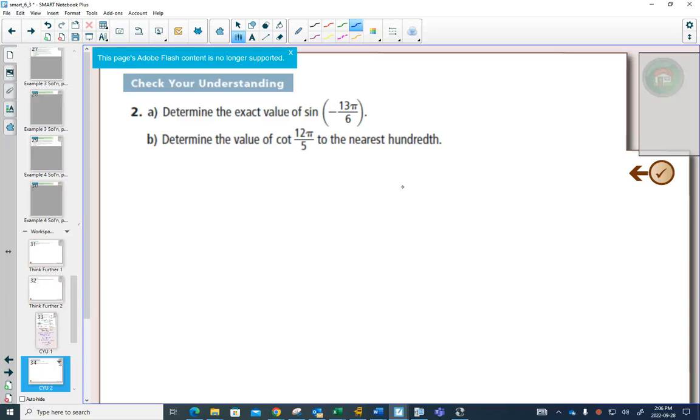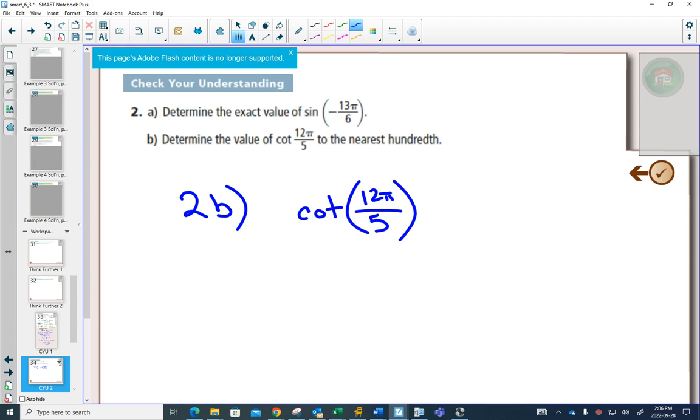One of the things that we're going to do in this unit is make a unit circle with angles in degrees and radians and a bunch of values that we memorize. So some of these questions, like 2a, are going to make more sense after we've done that. So right now we're just going to do 2b, and we need to find the value of cotangent of 12 pi over 5